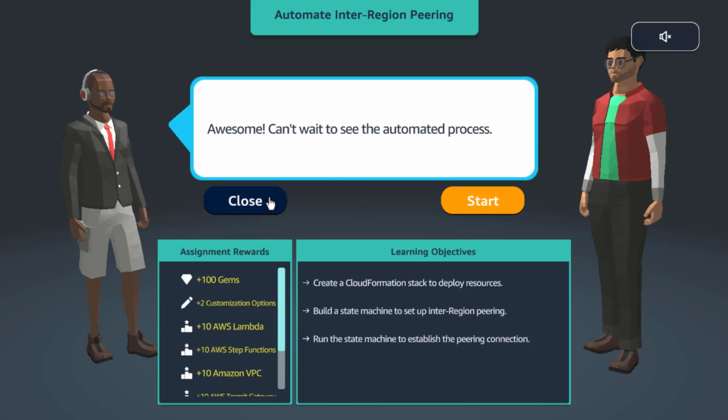Okay, even I can't wait to see the automated process because if you remember the previous project, we had to do a bunch of steps. So in this, we are going to create a CloudFormation stack to deploy resources, and we'll build a state machine to set up inter-region peering, and then we'll run the state machine. I mean, Step Functions is my forte. I think this should be